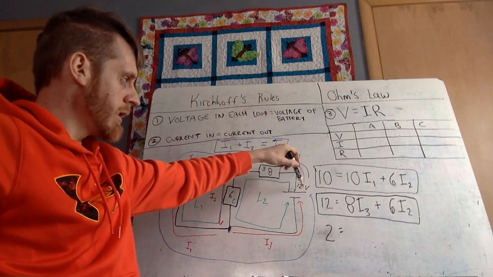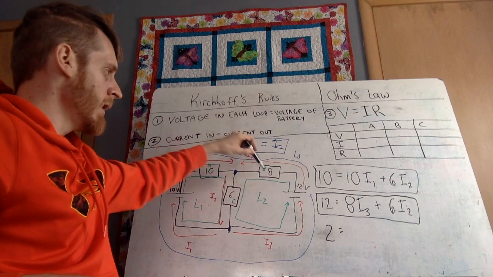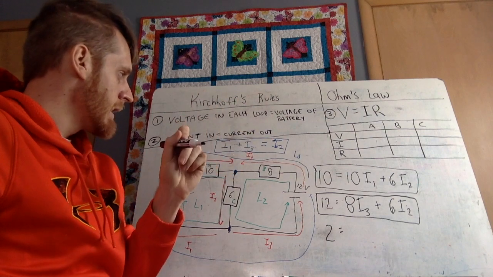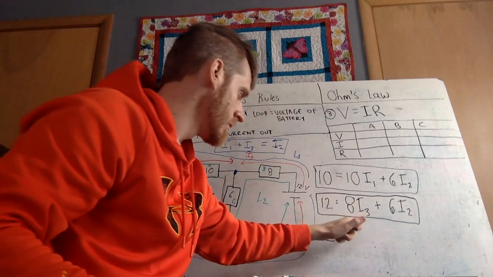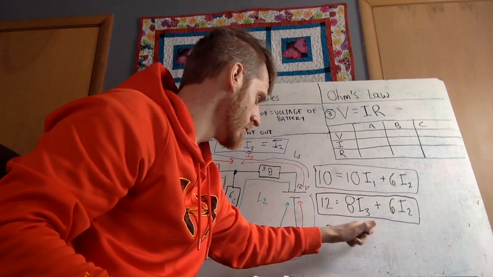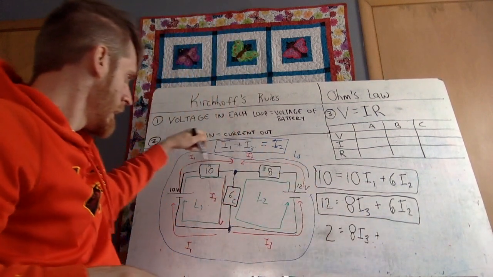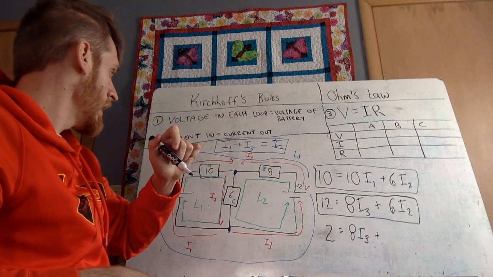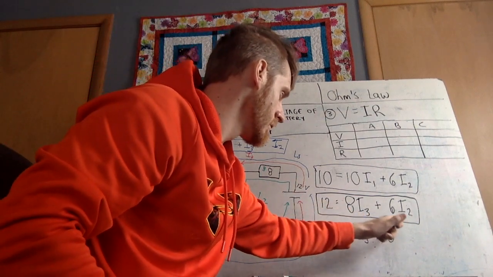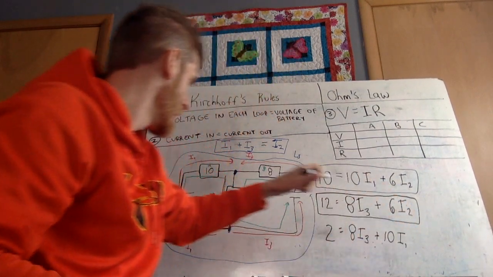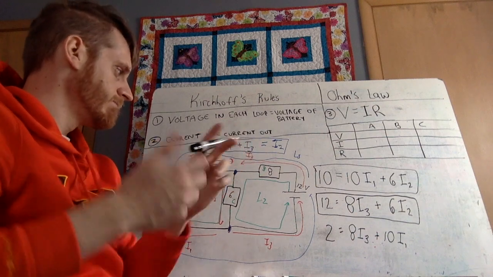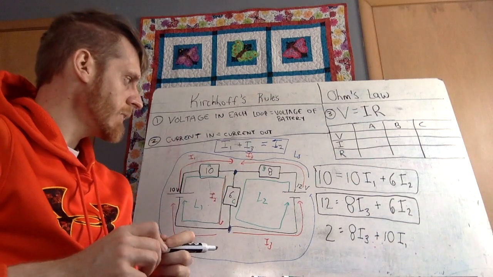Well, 2 equals, now I just look at everything on the outside, it's going to equal 8 times I3 plus 10 times I1, and then that's it. That's it. So